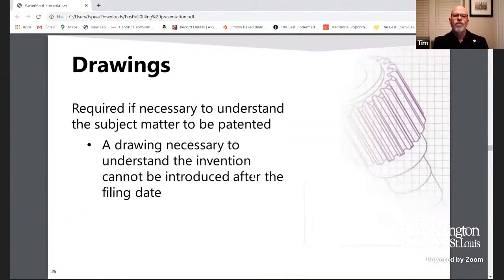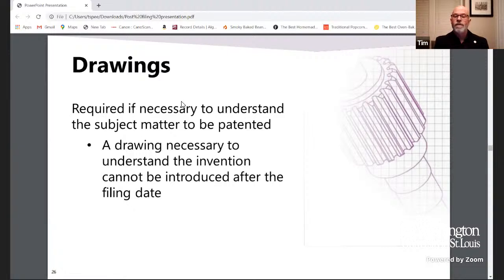And then let's go to the drawings. So we have the specification, we have the claims, which are going to set forth our invention, and then we have the drawings. The drawings can be very, very important, particularly in mechanical type cases. Depending on the art space you're working in, you may not have drawings. People who do a lot of electrical stuff sometimes don't have drawings. A lot of the chemical stuff, depending on what it is, won't have drawings, or they'll just be flow charts showing the steps of a process or something like that.